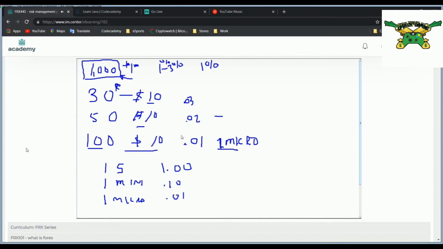So a standard lot, if you risked, let's just say 100 pips, 100 pip risk is $1,000. Can't do that. If you risked 100 pips on a mini, this is $100. That's 10% of your account. Okay, this is 100% risk. And 1 micro, 100 pip risk